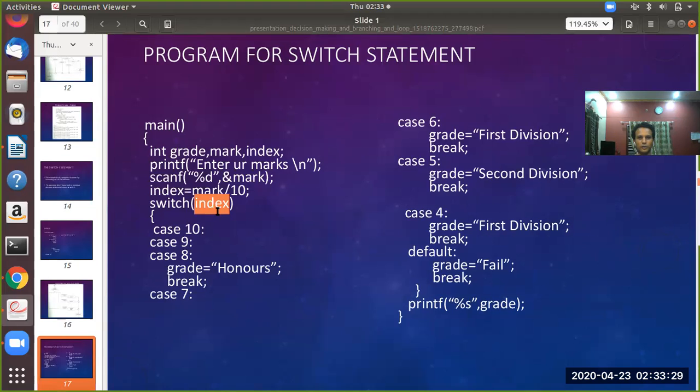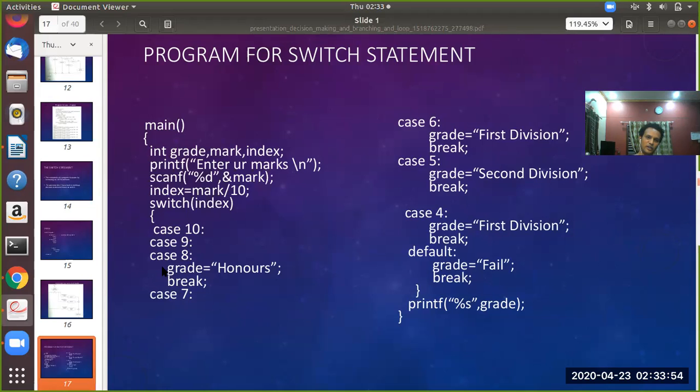Suppose it is 4, the execution directly goes here, and then it will assign a string to grade: grade is equal to first division. And then break. Break means it comes out of the switch. Look at this: suppose index is equal to 10 or 9 or 8.